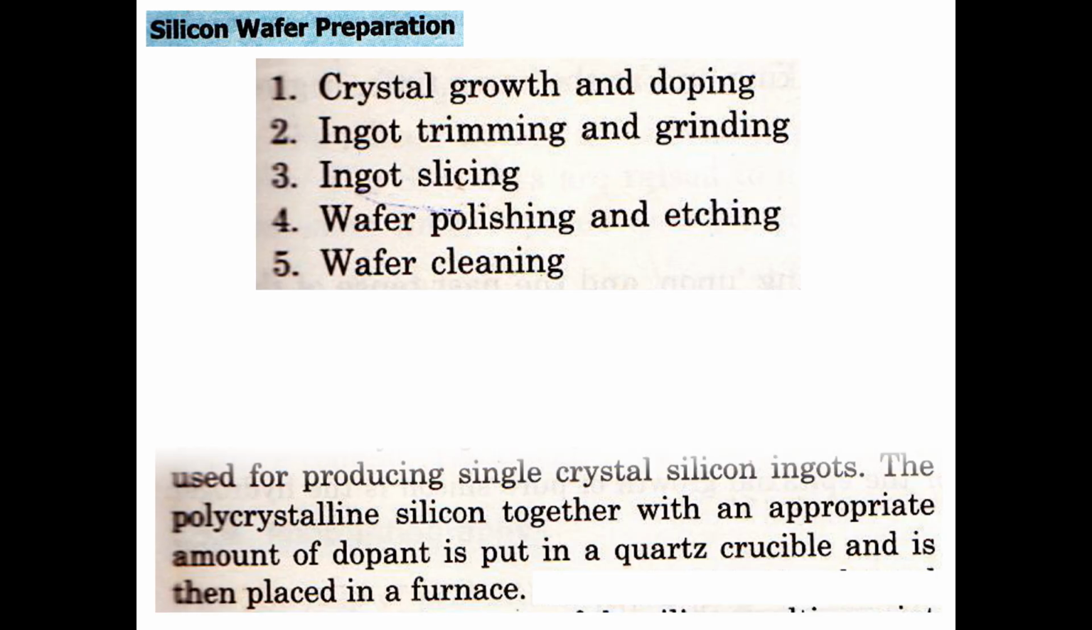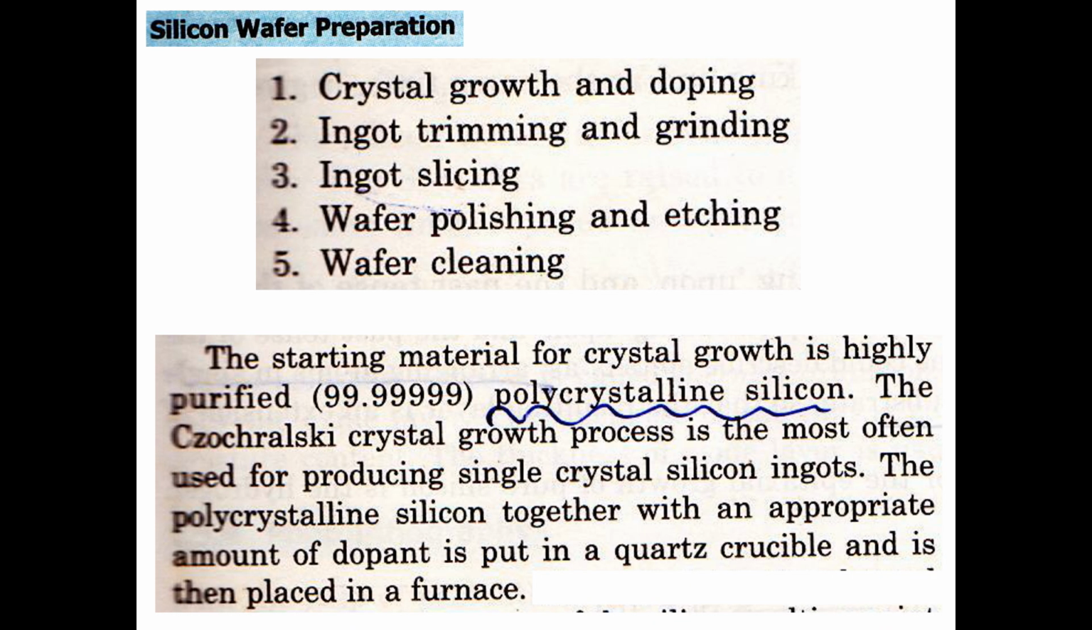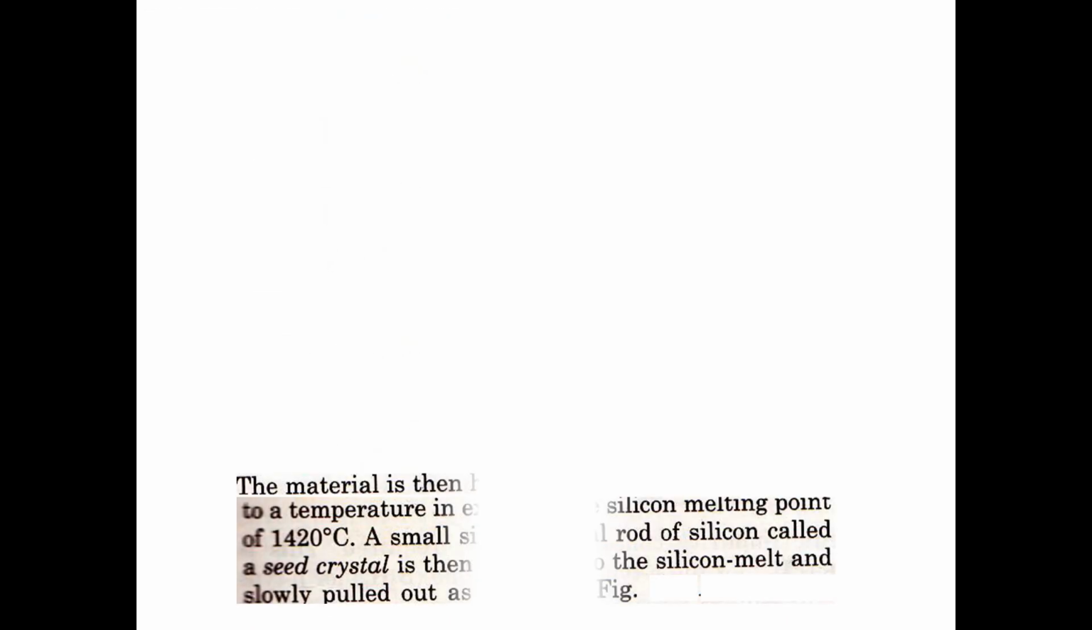and wafer cleaning. The starting material for crystal growth is highly purified polycrystalline silicon. The Czochralski crystal growth process is the most often used for producing single crystal silicon ingots. The polycrystalline silicon, together with an appropriate amount of dopant, is put in a quartz crucible and is then placed in a furnace. The material is then heated to a temperature in excess of the silicon melting point of